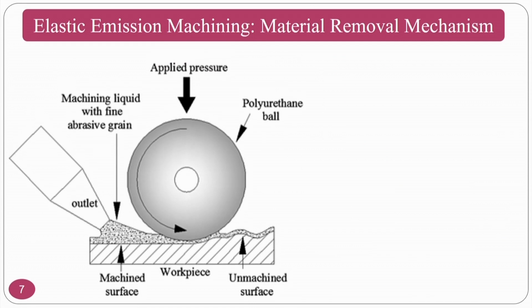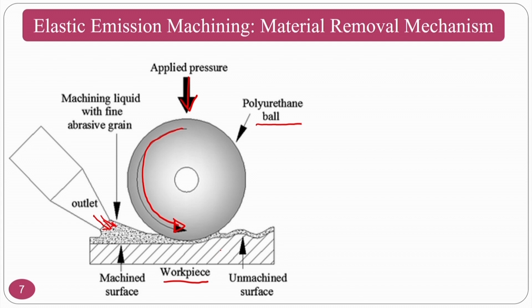So, the material removal mechanism, if you see the zoomed version of the previous slide, what will happen is, this is the outlet where the abrasive slurry is coming, and there will be a gap of microns between your spear, that is the polyurethane ball or the polyurethane spear, and the workpiece. Okay. This is the normal load and this is the rotation, because of which it will force the abrasive particles or the abrasive slurry towards the finishing region.